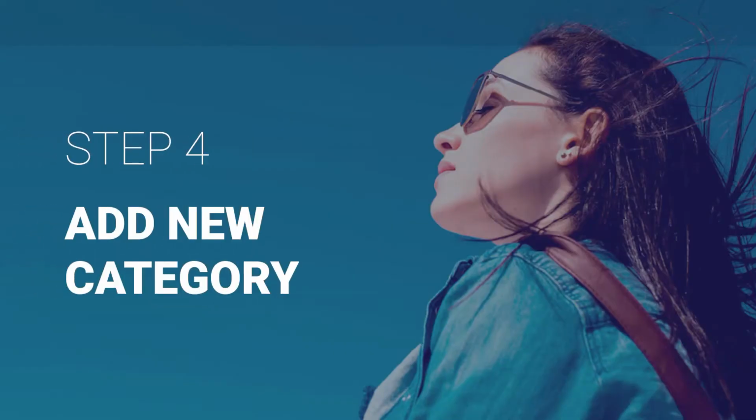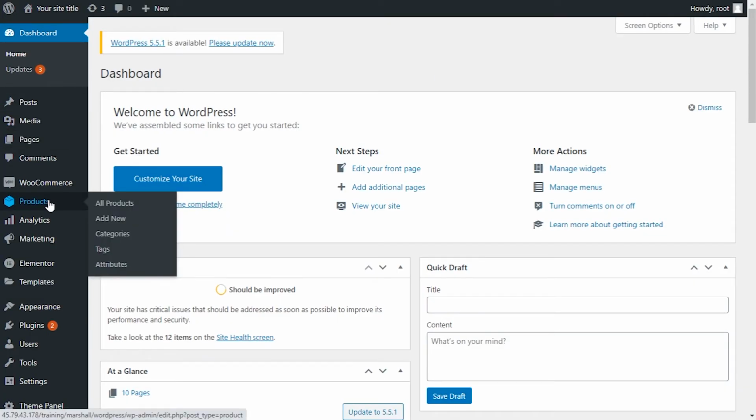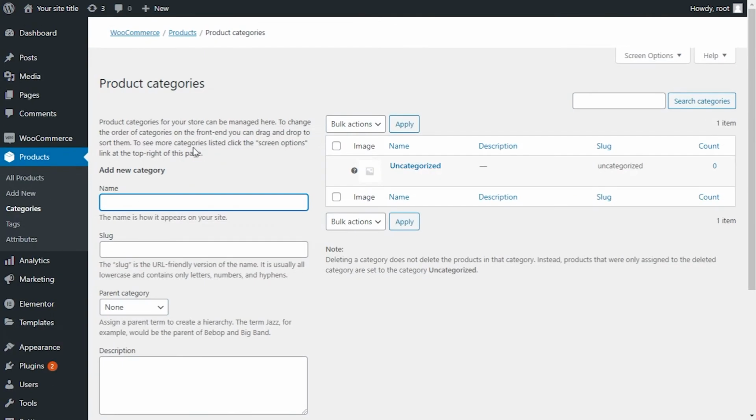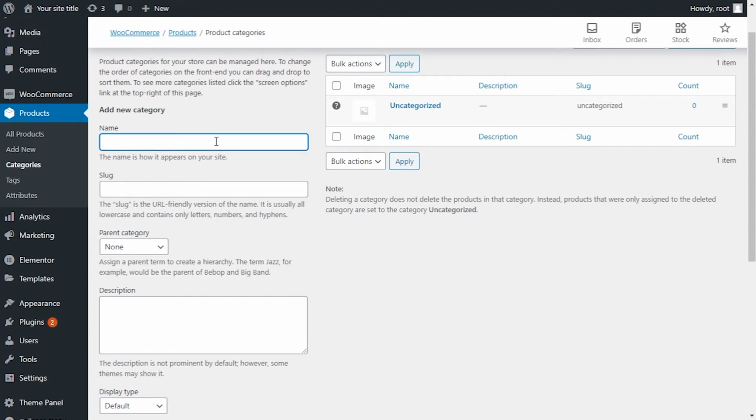A category is a group of your related items that makes it easier for the customer to find your products. To create a new category, from the dashboard, scroll down to Products, then click on Categories. There are a few options here for you. Name the category, put in a slug as a small URL. You can write your own, or WordPress will automatically set the name of the category as a slug. A parent drop-down lets you nest the category if you want.